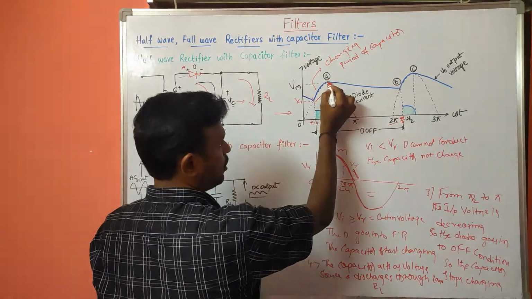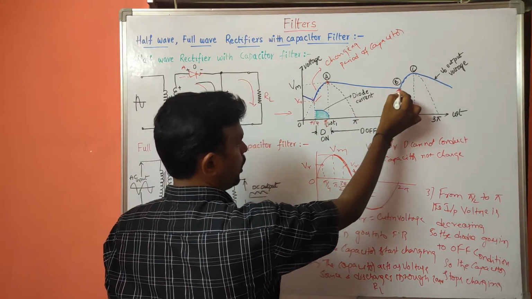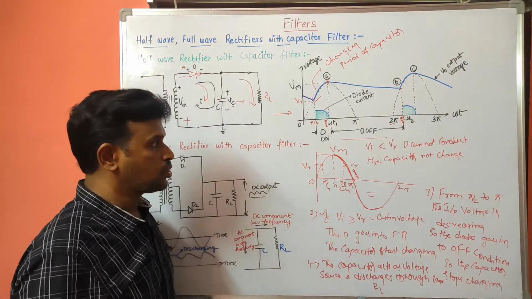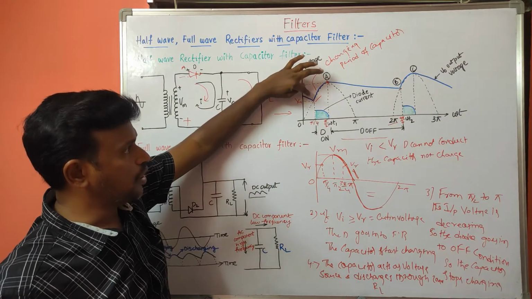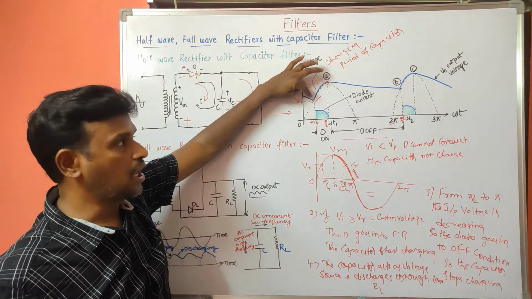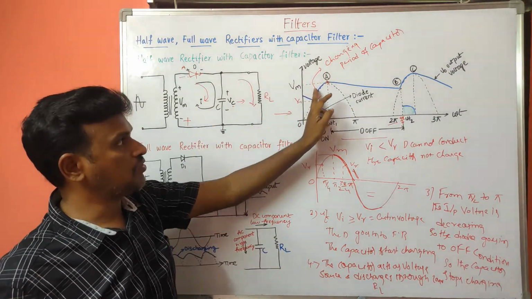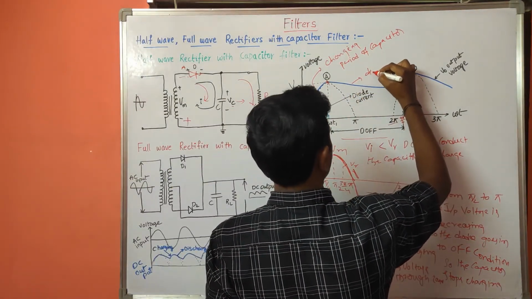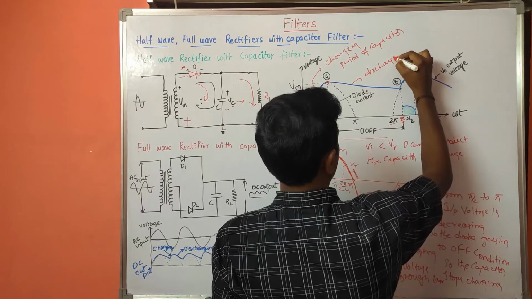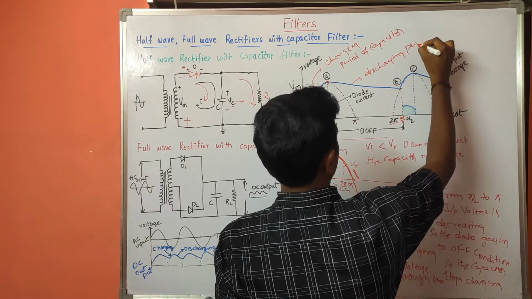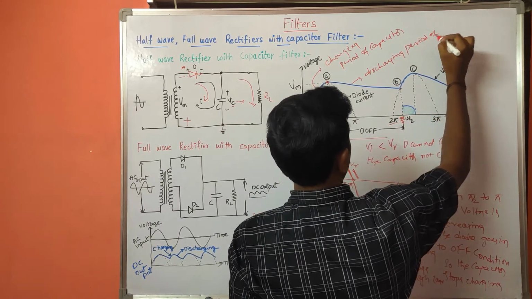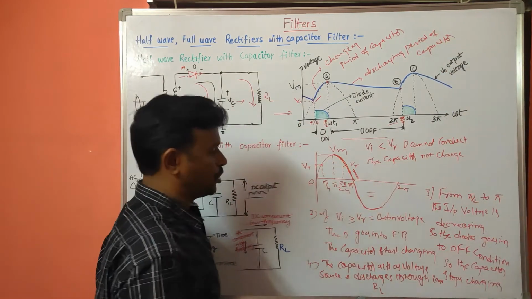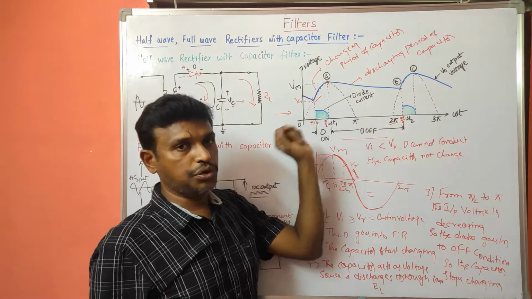Okay, so that's why here if you observe this, from this point to this point, the diode goes into the off condition. So whenever the diode input voltage crosses the V gamma, the capacitor will charge, and this one is what? The discharging period of capacitor. Okay, so these are the points we can observe here.